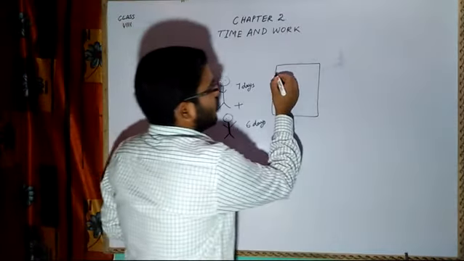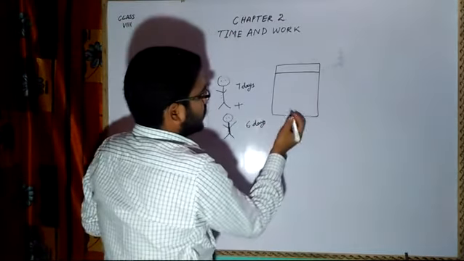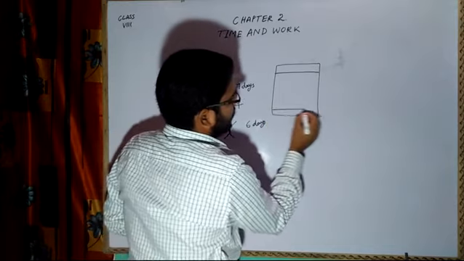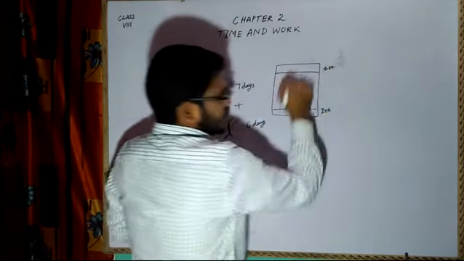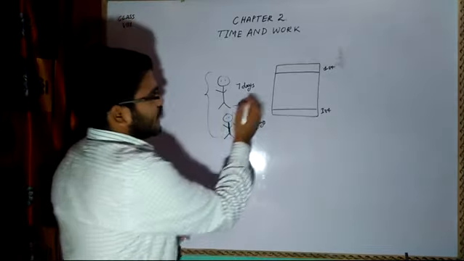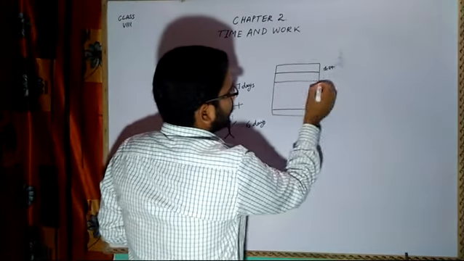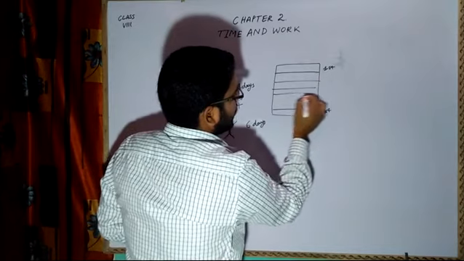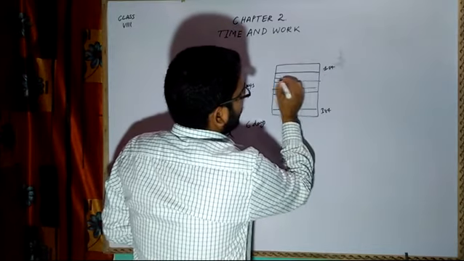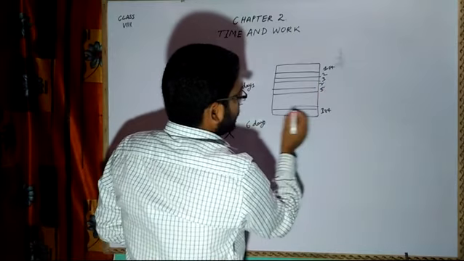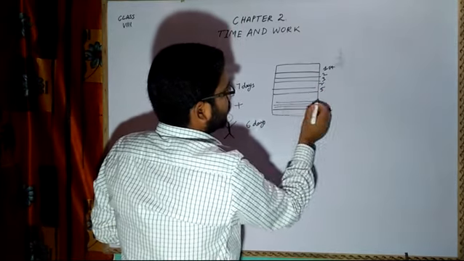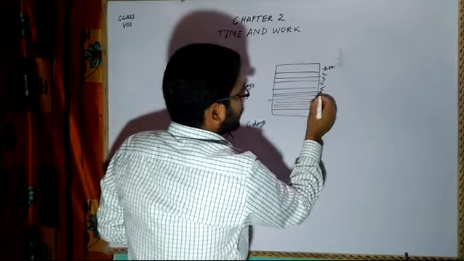So he worked for 1 day, this much part. The other also worked on the same day. That means first day and first day. They started from 2 ends. Now the second day's work he did, and the second day's work the other did. Likewise, the third day, fourth day, fifth day, sixth day, and seventh.